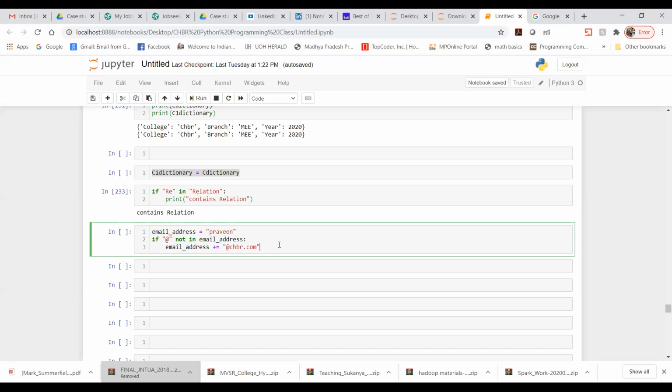Suppose I wanted to create an email ID for myself, so I'm keeping my name here. I wanted to create my name with @chbr.com. Now I need to check whether my mail ID has already been created or not in your college profile.